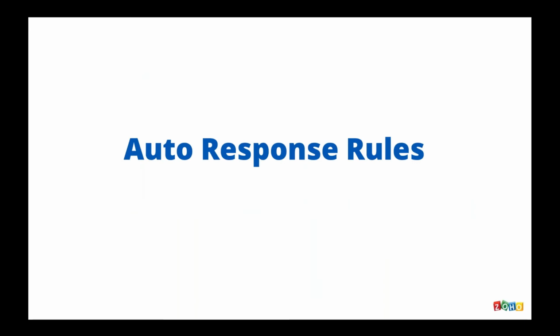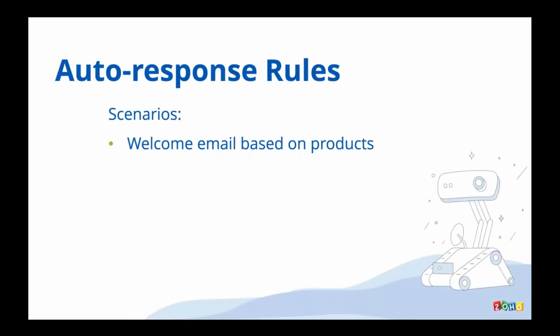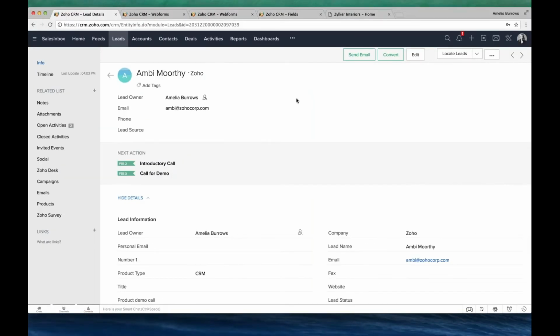The next one is auto response rules. This one is actually very powerful. I'm not sure how many people are using this. Maybe I'll tell you the power of this. So I would like to send mails based upon the product which I choose. It sounds very straightforward, but inside CRM, wherever you go, there is always a lot of logic that has to be put in to achieve this. Let me demo this, the same example.